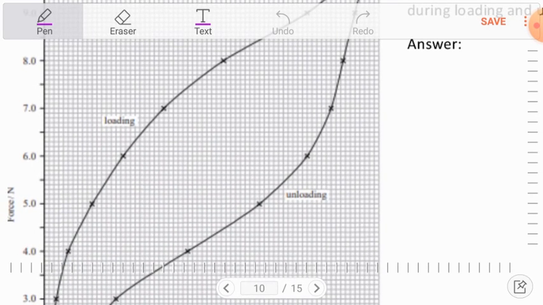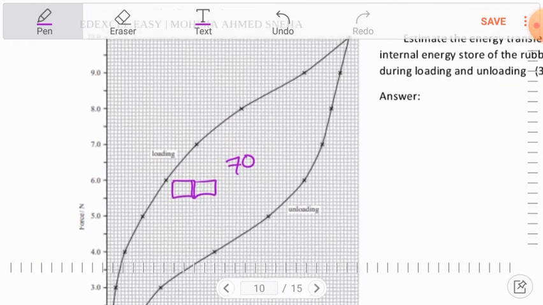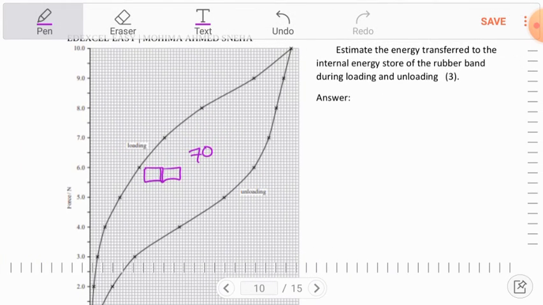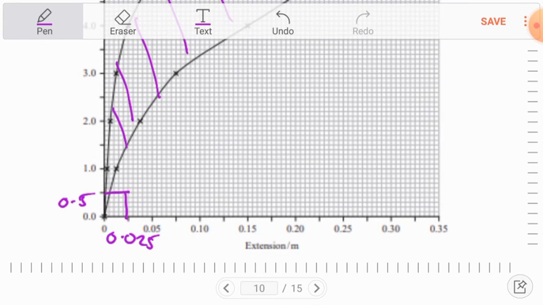So if you zoom in, you would actually see that there are these kinds of squares. My picture quality is not that great, so you have to use the official paper, and there you can see that there are actually 70 squares under this area. So we are just considering entire squares under these areas. Now if you actually measure it, one square is basically 0.5 by 0.025.